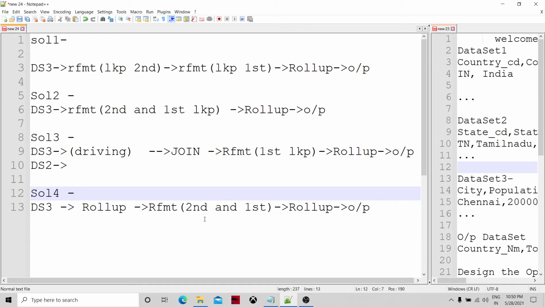And in solution number 1 we are doing this exercise twice, so that is a very bad solution. Between solution number 1 and solution number 2, solution number 2 is better, because in the reformat component itself we are going to look up twice. We are reducing one reformat, but the lookup calls are still the same.